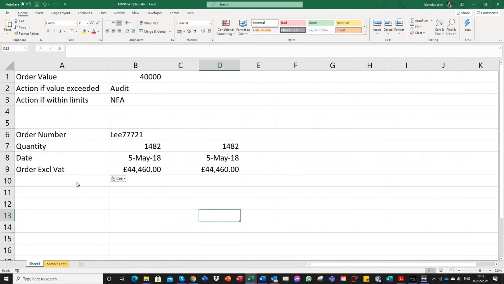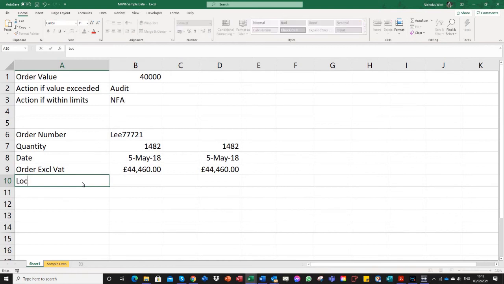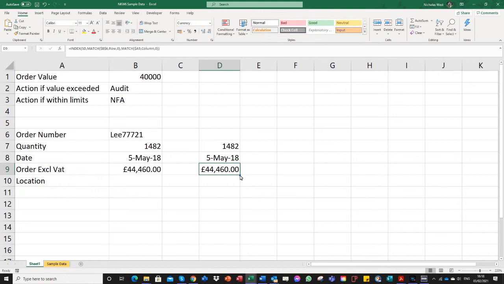So as a bonus, what I can do is I can say, okay, I want to have location. Now I know location is in there, so if I now copy this down, it will tell me the location. And you can do that with obviously any column header name that is in there. So you can build, again, a similar reference table to be able to do that. So there's another little thing that I want to show you,